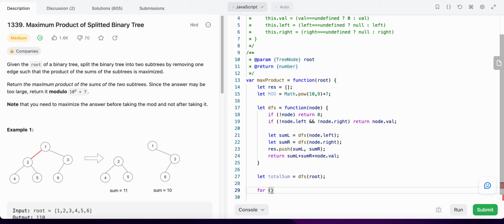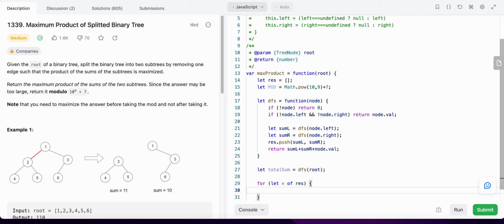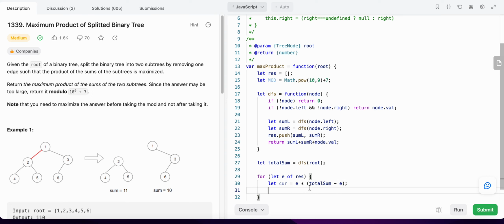For that we need to iterate over each element of the result, and we find this product: the current product is equal to the current element times the total sum minus the current element, which gives the sum of its complementary subtree, and then we check